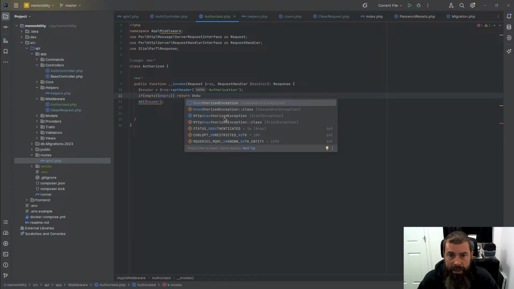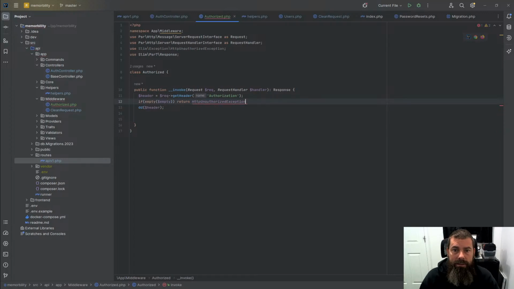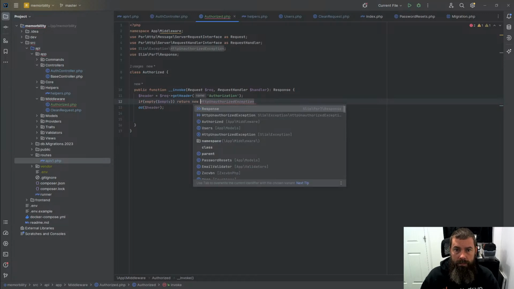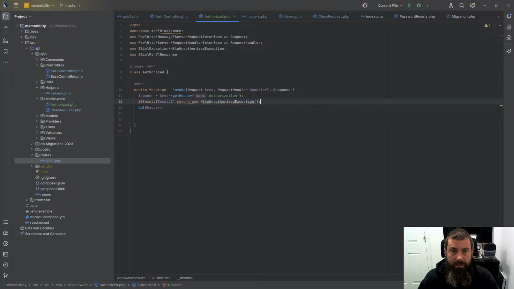And we'll do an HTTP. Yeah, we want to return that. Let's see, I think it's like this. Okay, so if that's empty,